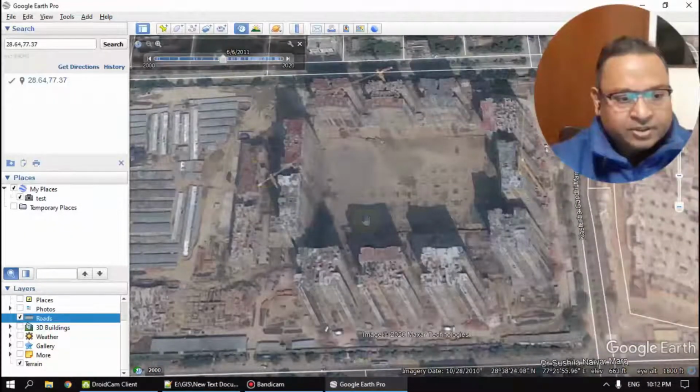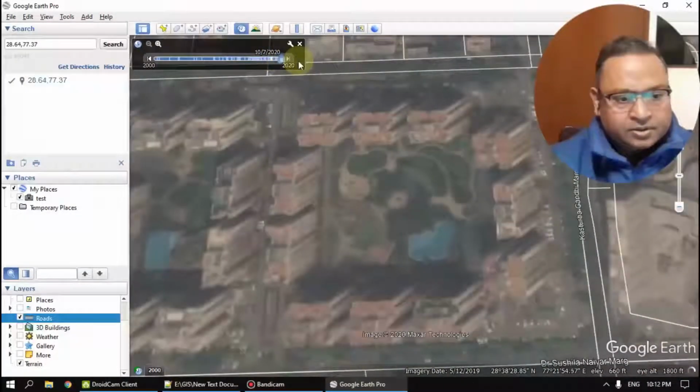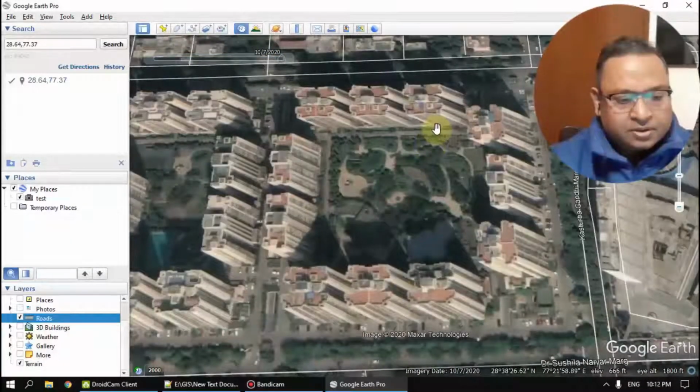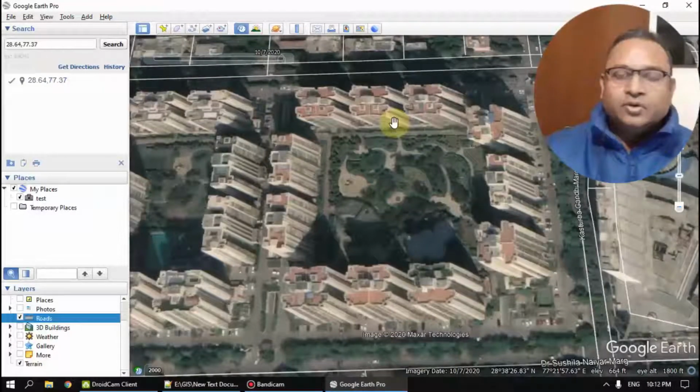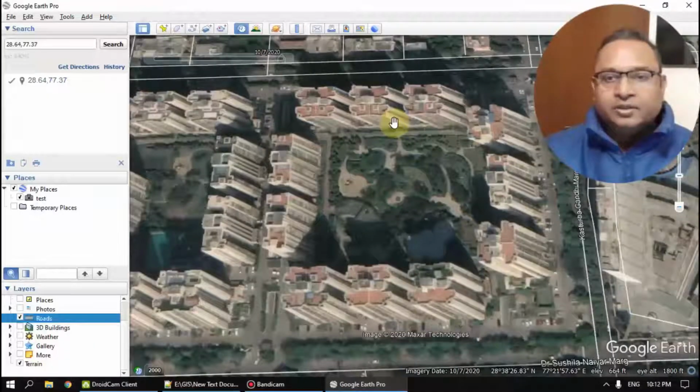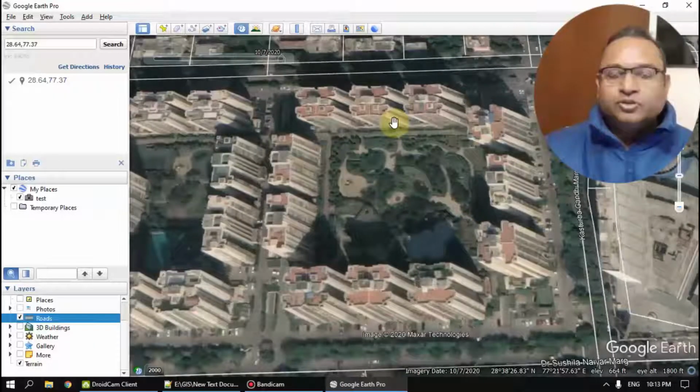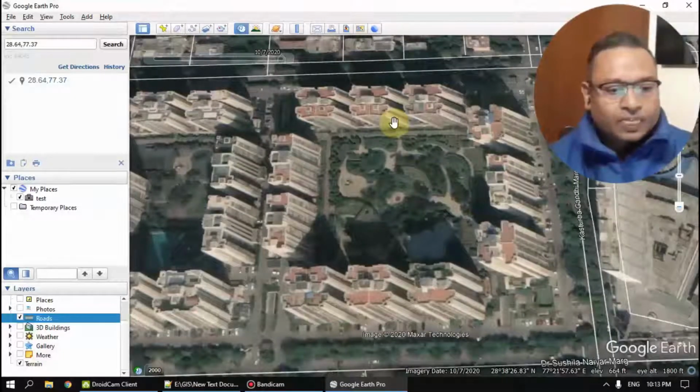In 2011 this is the condition of this land area, and as of now these are the objects present on this particular geographical area. So here I mean to say that with GIS tools or software, you can come to know what has happened on the earth and what the current situation is on this particular geographical area, right?